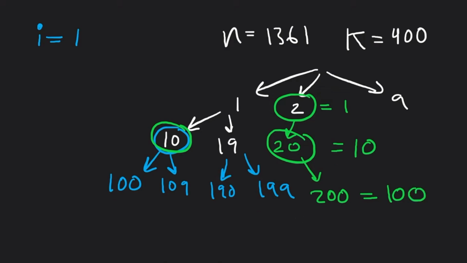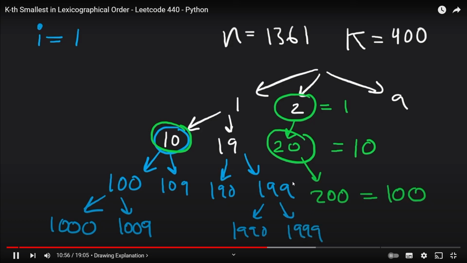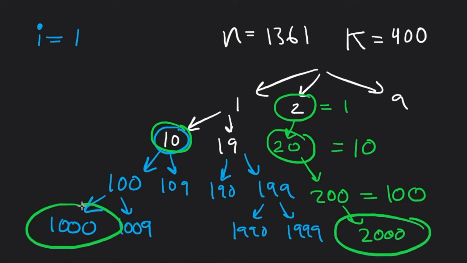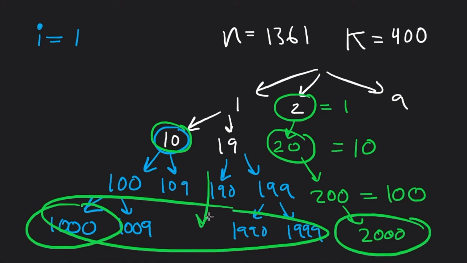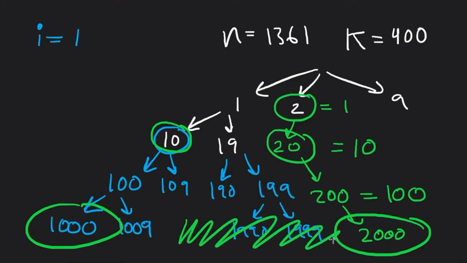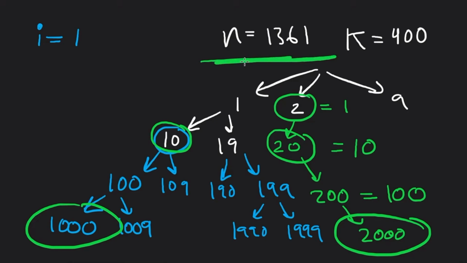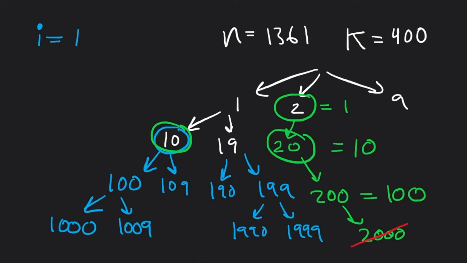So now we're going to get to the interesting part. We go here, it's going to be 1,000 and up until 1,009. Here, we're going to go to 1990 up until 1999. But notice something. This is 2000. We're going to try to do 2000 minus 1000. So we're saying that there's 1,000 values on this level. I mean, technically that's possible, but our maximum value is 1361. So most of these are actually going to be invalid. In this particular case, rather than using 2000, we'd rather use 1361. So that's exactly what I'm going to do. So down here, I'm actually going to put